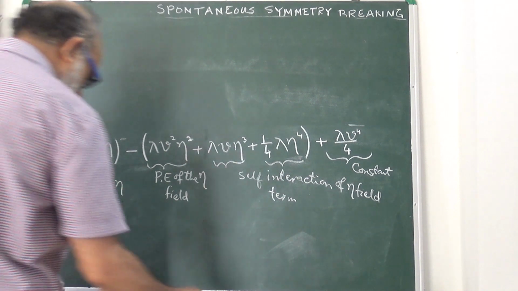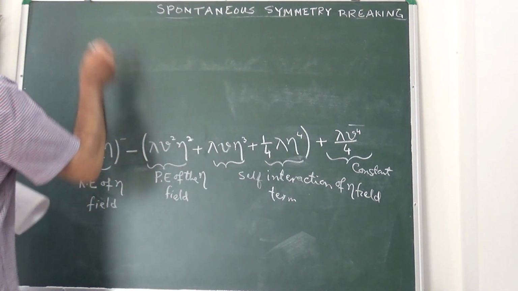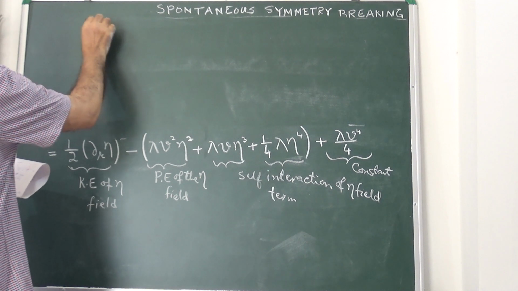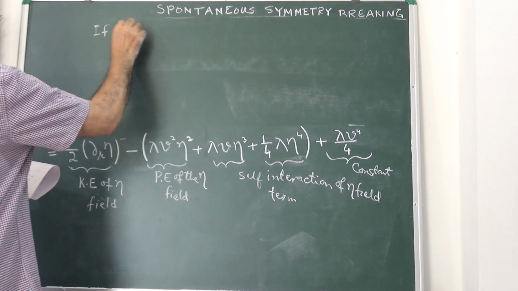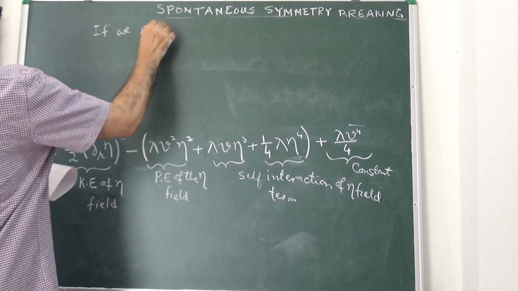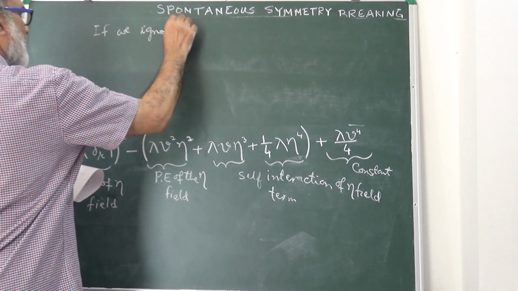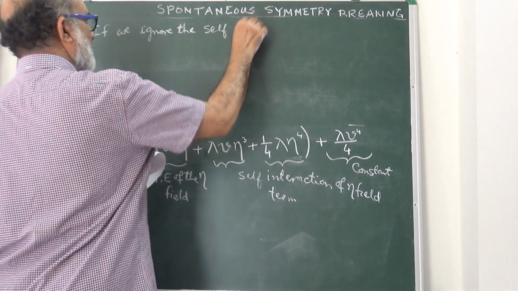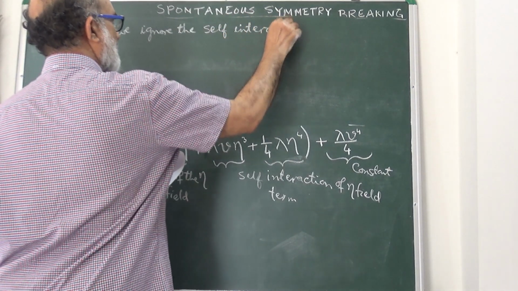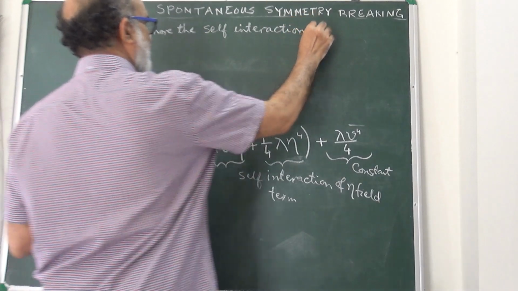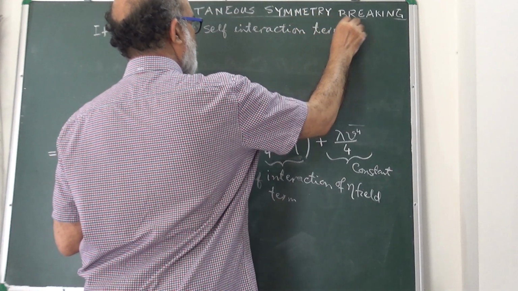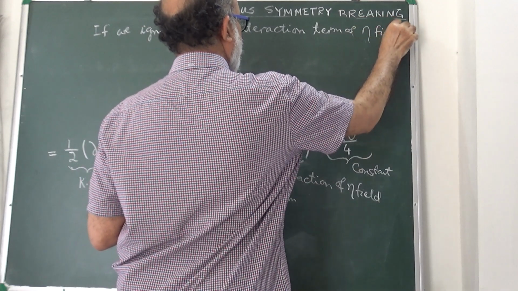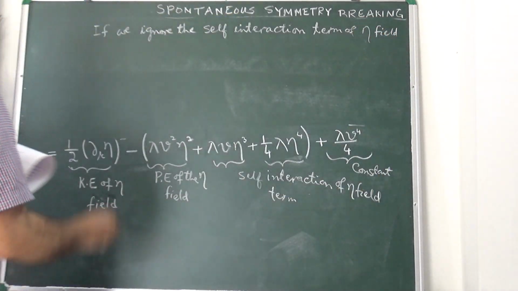So suppose we ignore the self-interaction term of the eta field, the Lagrangian will be